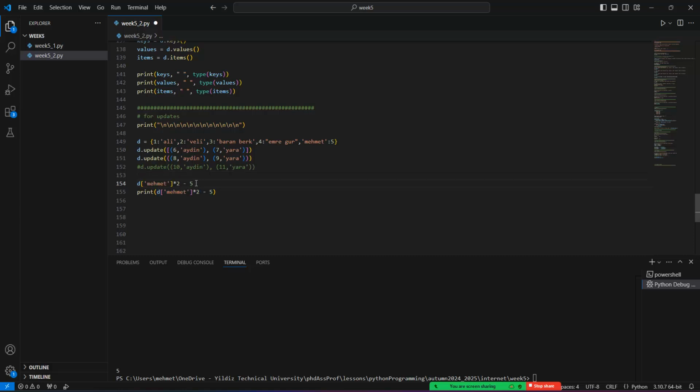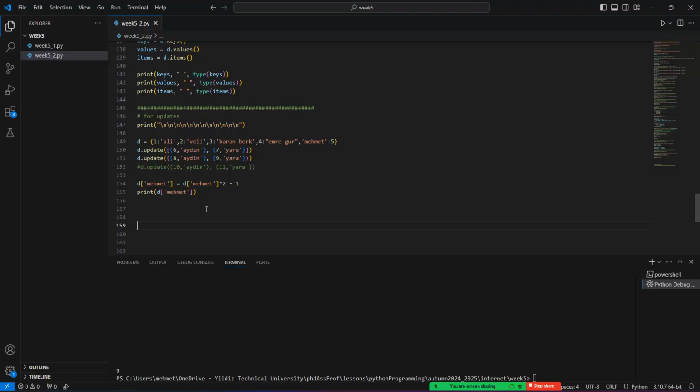For example, D Mehmet and also D Mehmet. What's the result of this code? What is the result? Just see that if we apply these arguments, we will have 5, right? Because we reach multiply 2 minus 5. And so what happens if I reach this code right now? What are the values of this term? Yes, 9. Okay,